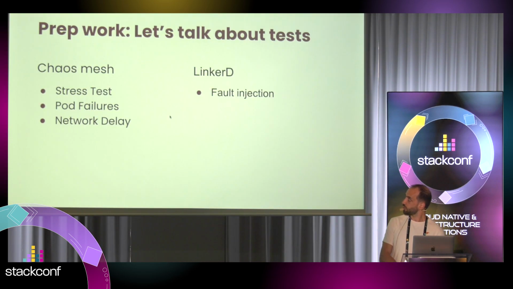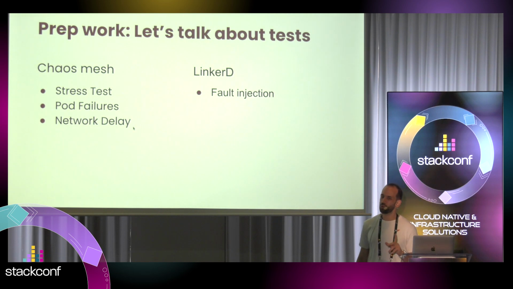Okay, so if you remember, we also talked about network delay, and we tested this out, but we had mixed results with LinkerD. What LinkerD does is put a container into every pod for inbound and outbound traffic. Chaos Mesh network delay works one layer below, so it was not working properly. But we could also fix it. We could temporarily remove LinkerD and then test it, or we could do it through LinkerD, which already has it. LinkerD and Chaos Mesh interconnect. They are doing some similar stuff.